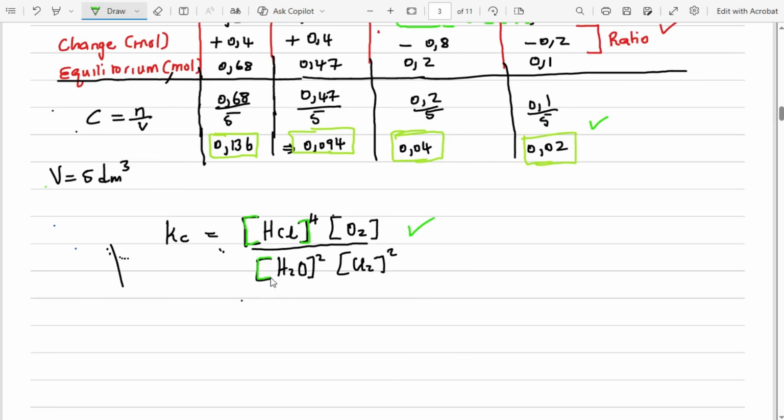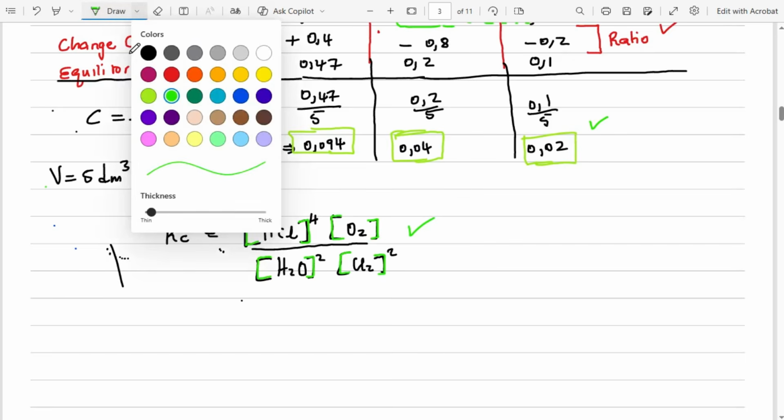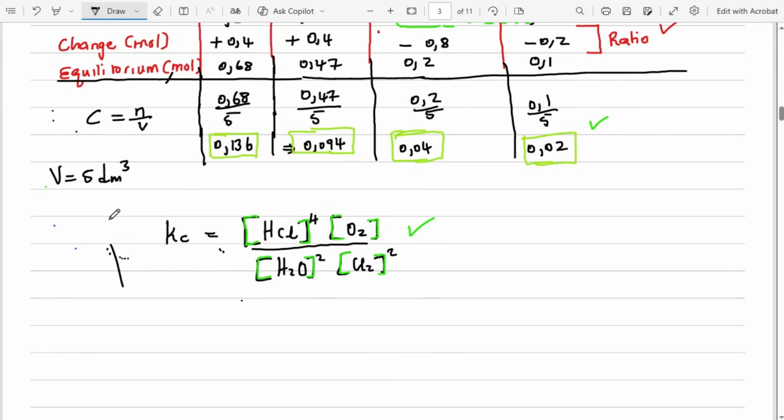These big brackets are for concentration. So when I write something like this, I'm just saying the concentration of O2. Please make sure that you put it like this in your exam. So therefore, you just have to substitute what you have. Your Kc equals HCl, that was 0.04, 0.04 for HCl to the power 4. And then 0.02, that was for H2. Close the bracket, divide everything by the